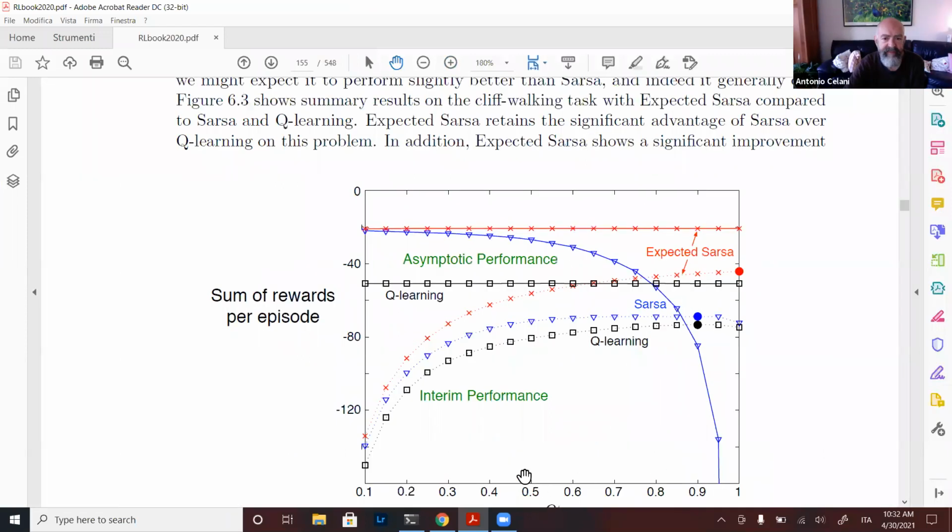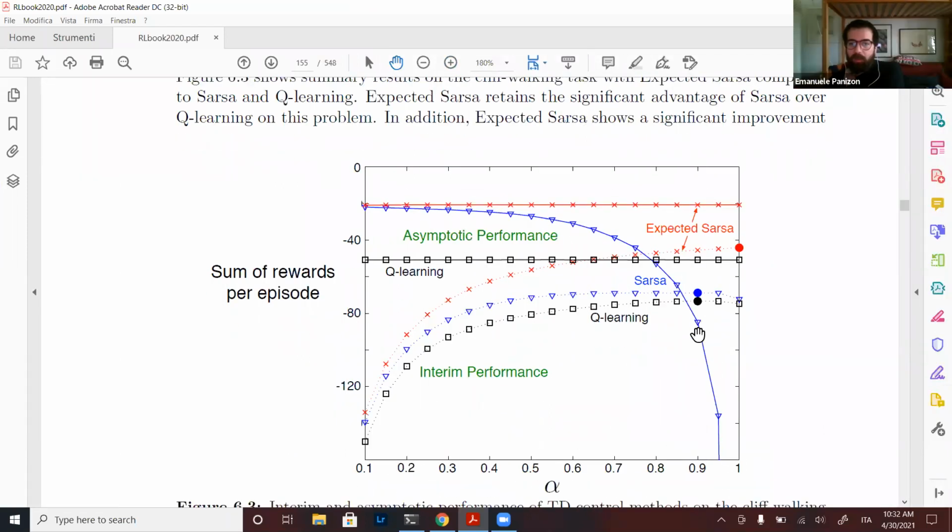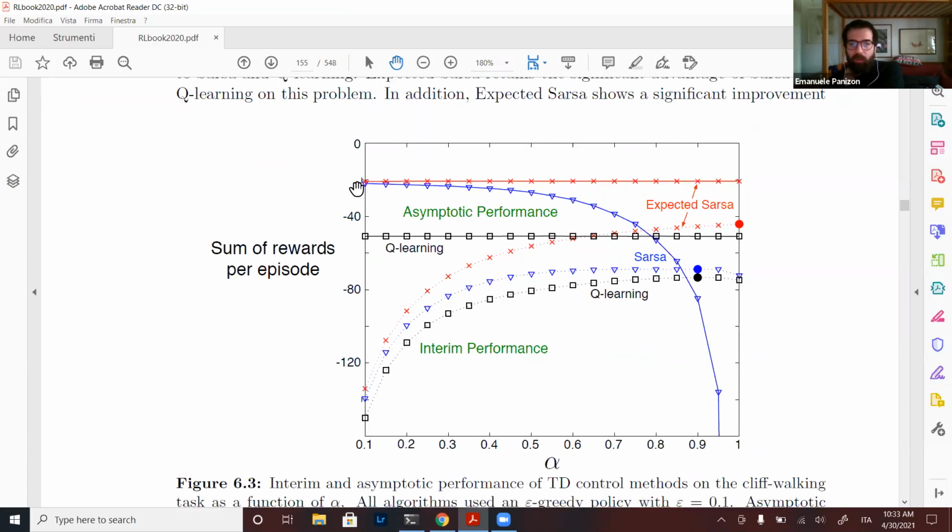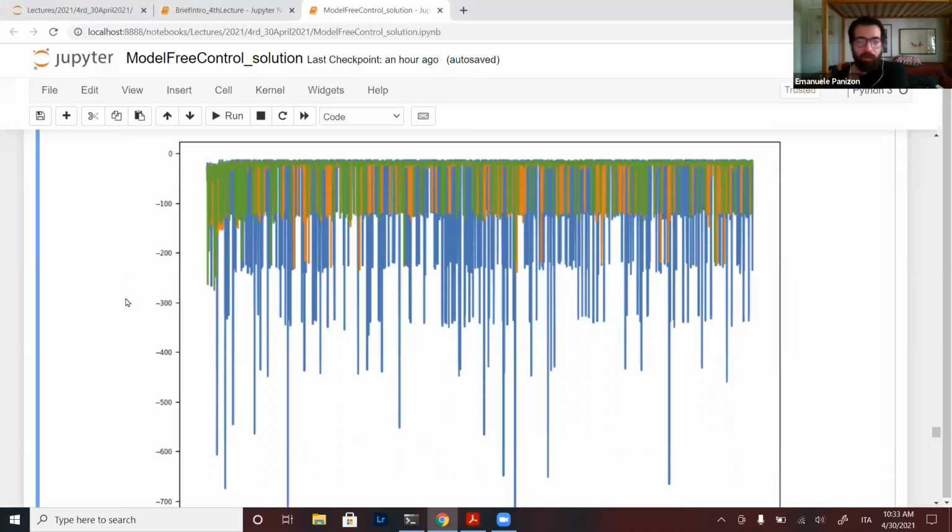Yeah, exactly. So this is alpha, the learning rate. With alpha very small, they are rather similar in performance. With alpha very large, SARSA is rather thrown off, and expected SARSA is actually much better. So this was, I think, the point. Perhaps I did not say that well, but they're not perfectly equivalent, of course. It's just that in this particular case, it's not easy to spot the difference.